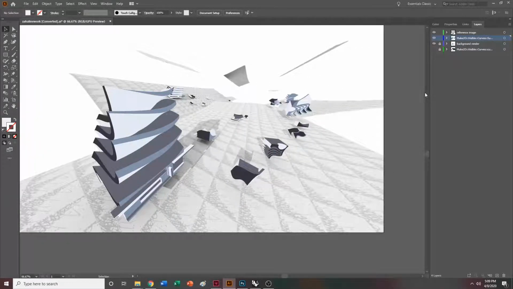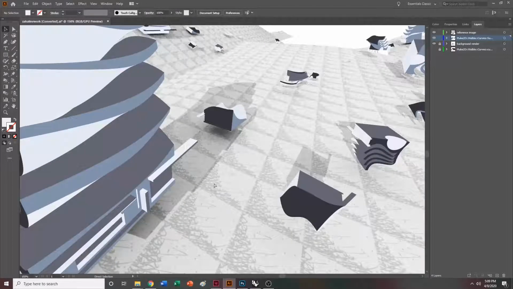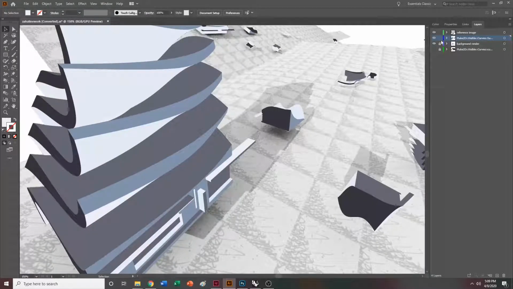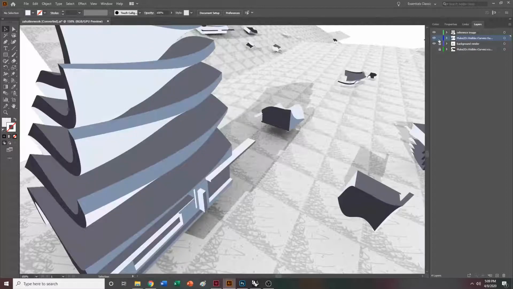With that, I think it would be good to note that there's this background render, but these actually end up being pretty flat. If we turn off that layer, we can see that there are a lot of really rich shadows that we probably want to include. So I'm going to go ahead and